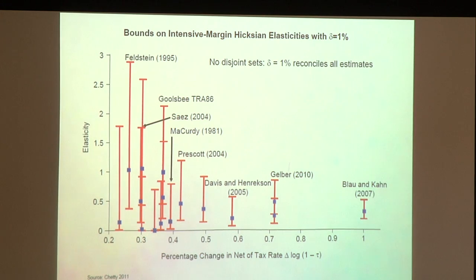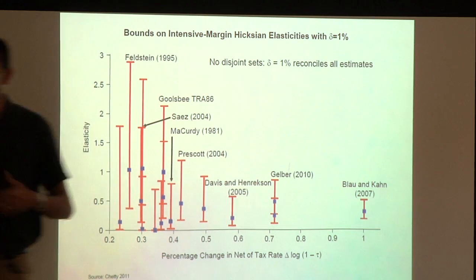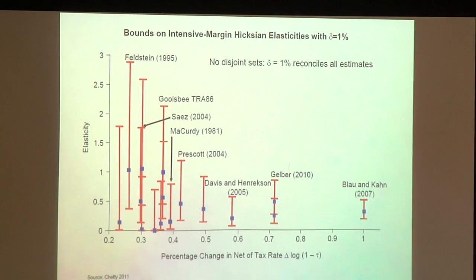And I've tried to restrict to the studies that I think are decently identified and left out the ones that are doing crazy correlations. So the first thing that you can see is that the blue dots are all over the place, right? This is why public finance and labor economists, macroeconomists think that there's tremendous disagreement about what labor supply elasticities actually are, and that I think is at the root of the debate intellectually about tax policy.